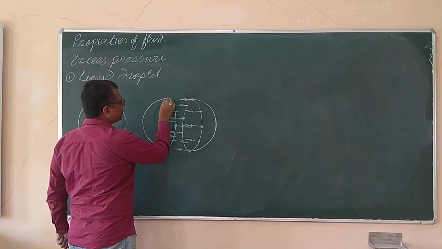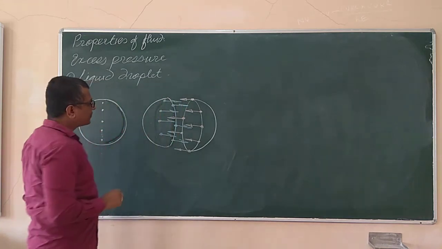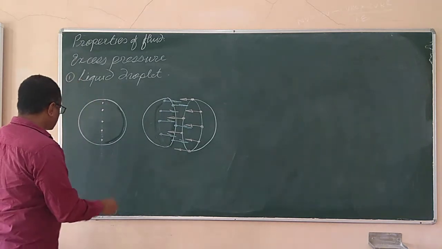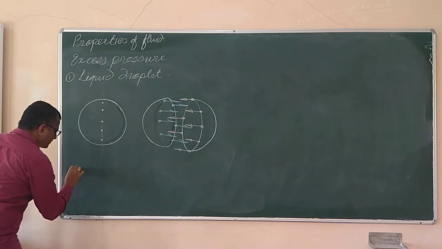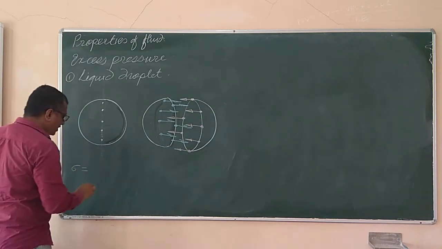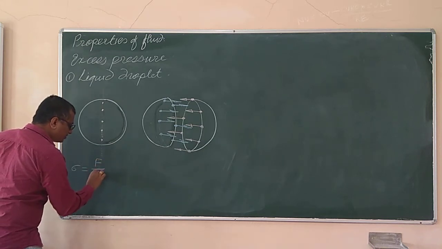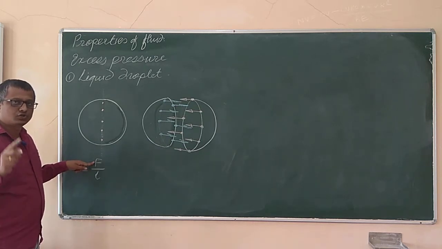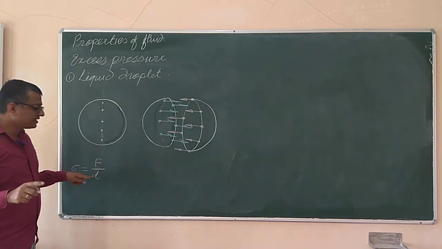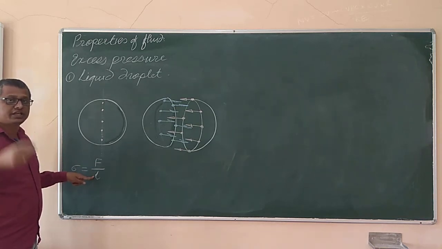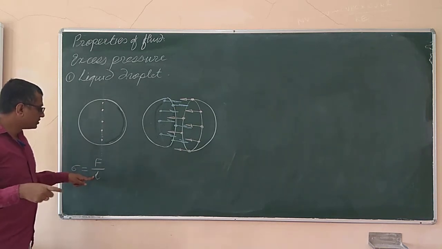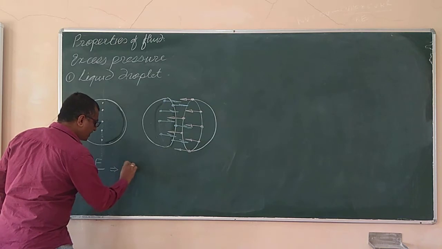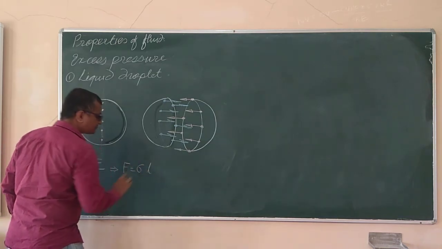Now if you check the magnitude of these forces, how much is the force over here? This force is basically the force due to the surface tension. We have seen in the last lecture that surface tension sigma is the force per unit length, where sigma is the surface tension, F is the tangential force acting on the line on the free liquid surface, and L is the length which we have considered for our study. So this force F can be written as F equals sigma into the length L.